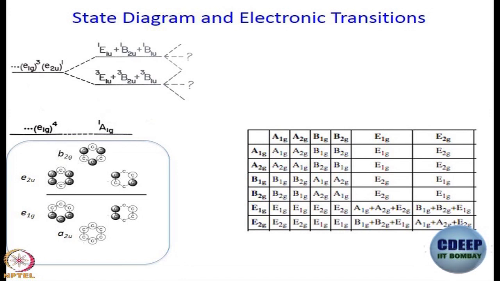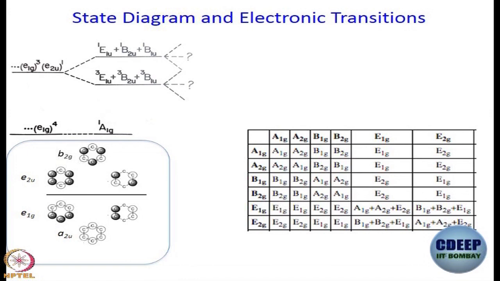All it means is that there are 6 states in total. They have shown the singlet states together and triplet states together, but actually they do not have the same energy. These 3 lines indicate that they have different energies, but which one is higher and which is lower, we do not want to worry about right now. That will require a rigorous quantum chemical calculation. That is all it means.